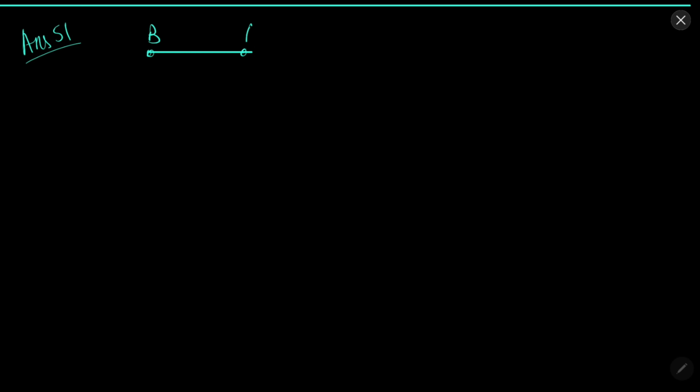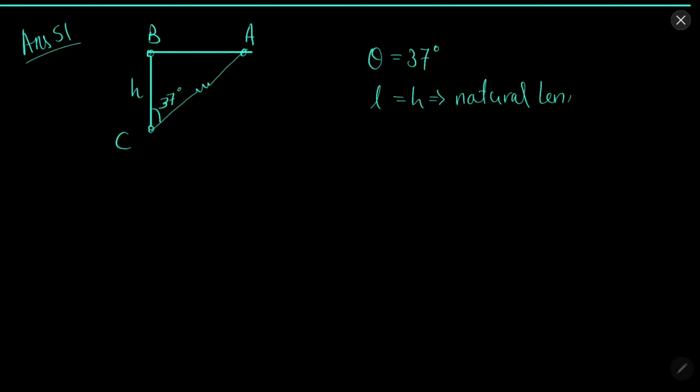This is B, this is A, this is C, 37 degrees, height h. And h is the natural length, and AC is the expanded length. Let it be h plus x,